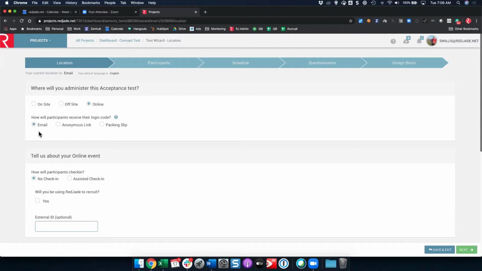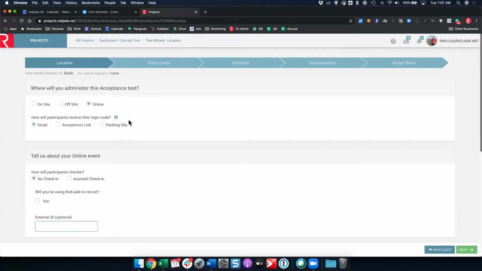So the first is this email type of test, and what the email test does is it's going to send a unique URL to each participant that you either recruit using RedJade or upload into the system, okay? And they will show up in the participant step, and RedJade will email out a unique link to those individuals at the appointed time, okay? And a few things have to be true in order for RedJade to send out the email. The starting time and the schedule has to be reached. Your test has to be launched, and the person has to have a valid email address in the participants section,